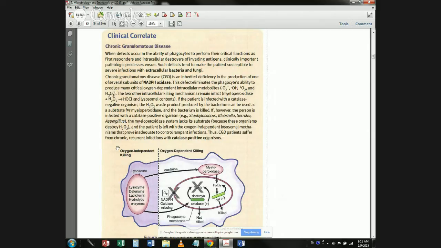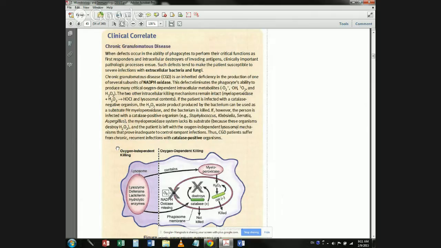So let's read on. Once you have a deficiency in NADPH oxidase, this defect eliminates the phagocyte's ability to produce many critical oxygen-dependent intracellular metabolites. So you can't make O2 negative, you can't make hydroxyl ions, you can't make 1O2, and you definitely can't make hydrogen peroxide. So the two other intracellular killing mechanisms remain intact, which is myeloperoxidase plus hydrogen peroxide making HOCl, and lysosomal contents. Now, if the patient is infected with a catalase negative organism,